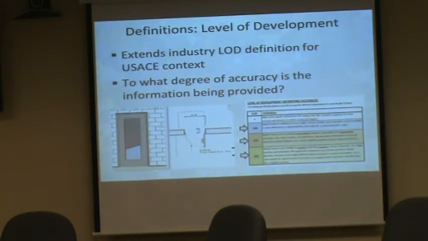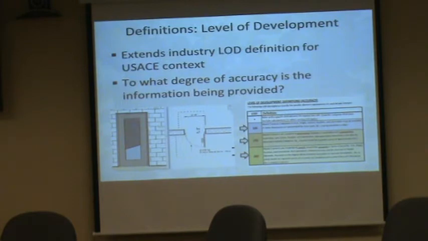Some people have asked, well, how come they didn't use the AIA? We talked about that. How come they didn't use the BIM form? Well, the BIM form was doing their own thing, and I think the BIM form's gone off the deep end a little bit by going 100 through 500, they add a 350, and then they're doing whatever else they're doing. This is easy, and it's simple. There's only 3 versions of it. Either it's a box, something simple, or something detailed. It's not anything more than that.